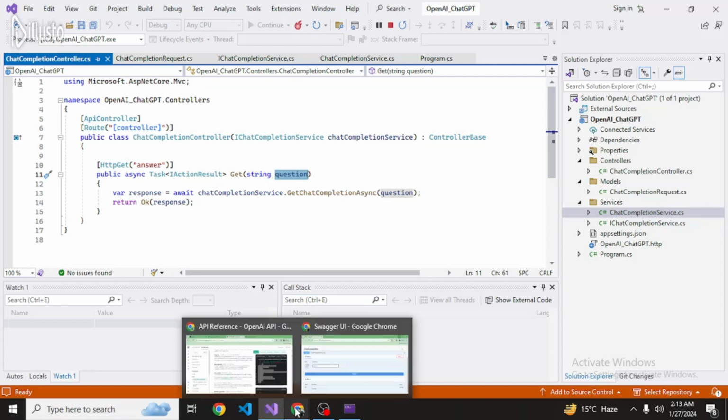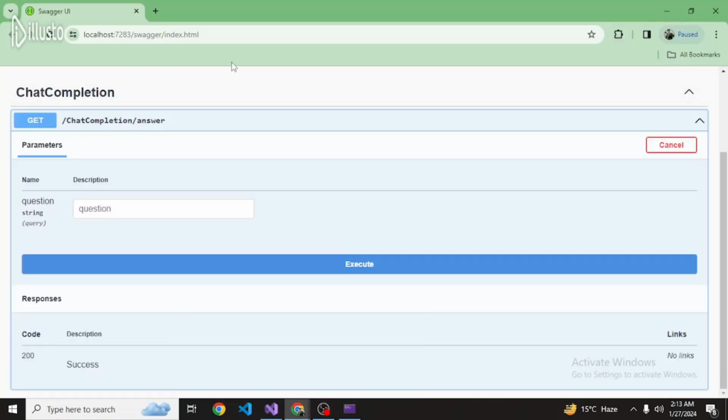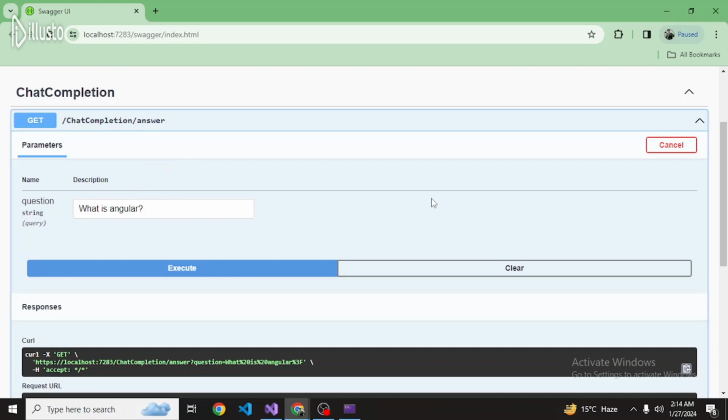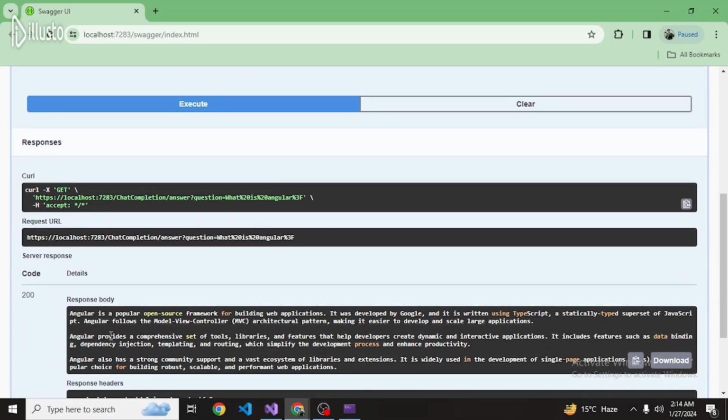So now I will jump to the Swagger. So this is the Swagger of that, and here we have provided one parameter as a question, and that will be a query string. So here we can ask any question. So I will ask what is Angular, and once we hit that, based on this question it will give a response. Yeah, so here we can see we got the response from the OpenAI chat completion endpoint, and this is related to the Angular specification. So Angular is open source, and whatever details